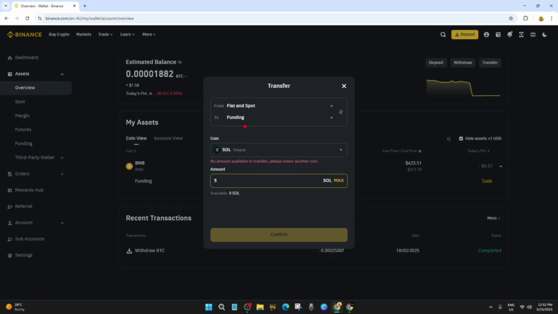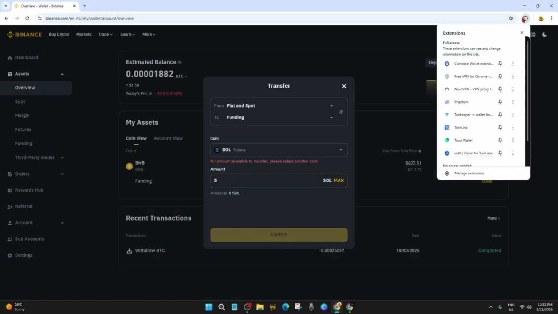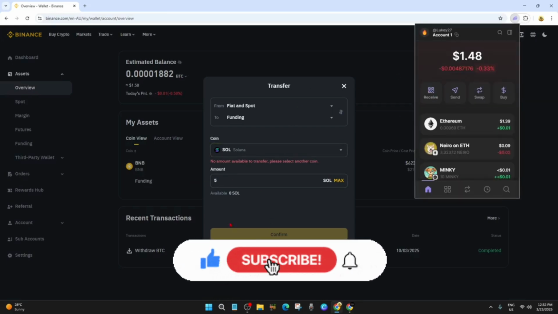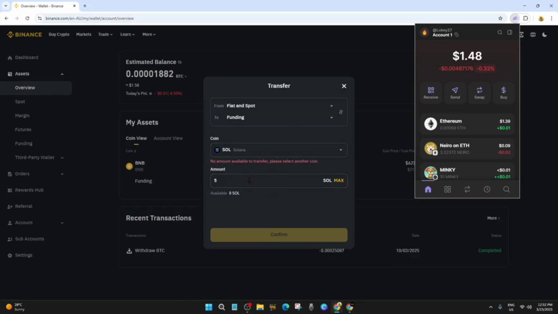I don't have 5 Solanas. And then from here, it's pretty much you just got to confirm it. And then the next page, put in your Phantom wallet receive address from Solana that we've already copied, and then paste that in, and then you'll send 5 sol from Binance to your Phantom wallet